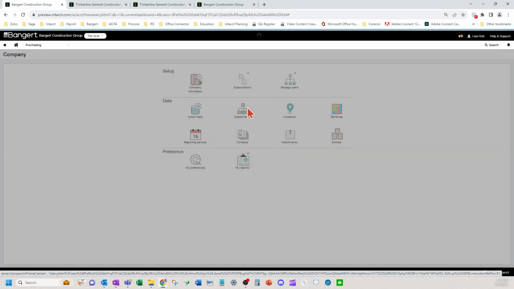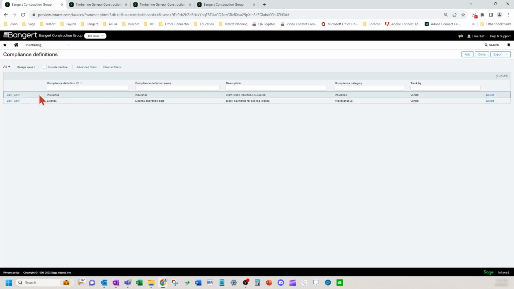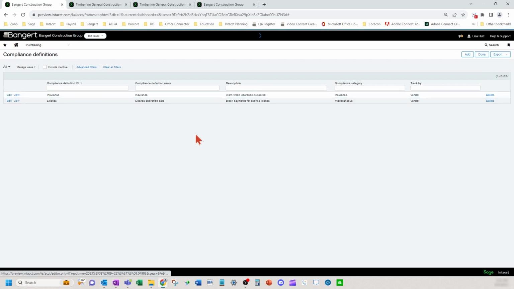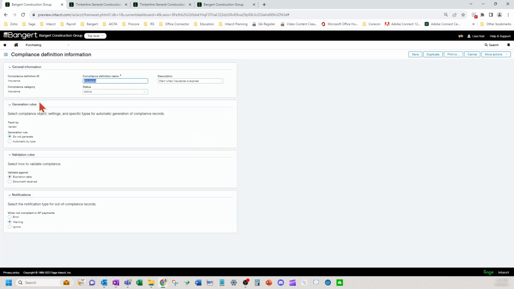Okay. So we're going to come in here and look at some that are already set up. We've got insurance type in the category here, and you've got a miscellaneous type. So I've set up a general insurance definition ID and told it to validate against an expiration date, not the fact that I've obtained a document.